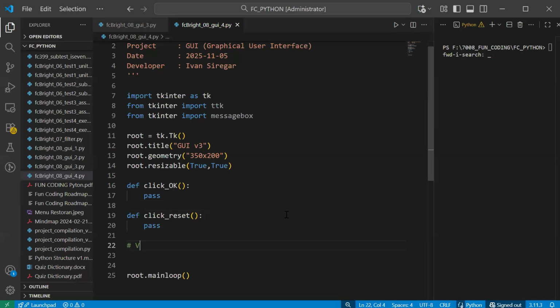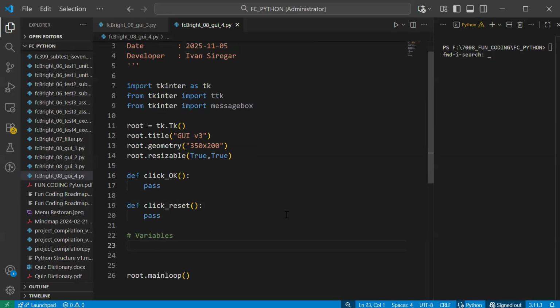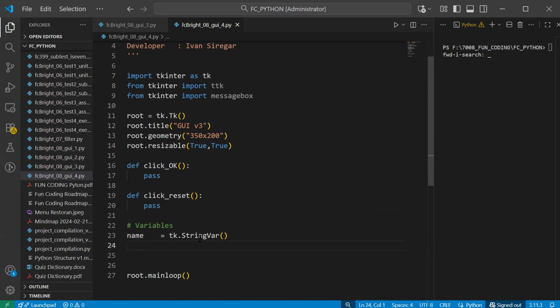Okay, and we put variables here as the name, which is taken from the input. So input, and then we make sure that it is a string.